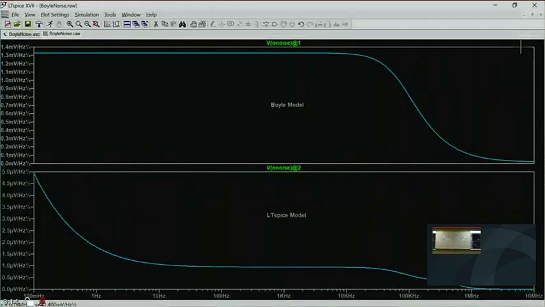Okay, so in the Boyle model, we're expecting a microvolt, but we're getting over a millivolt. Okay, and that's just sad. You know, the lowest voltage noise op-amp commercially available has its noise incorrectly modeled by more than 60 dB. But if you look at the LTspice model, you see we're expecting a microvolt, and that's what we're